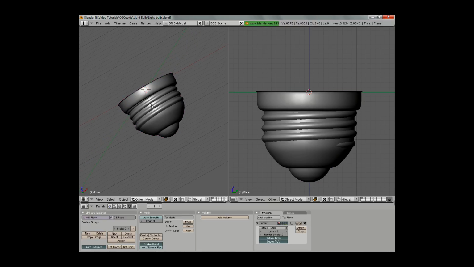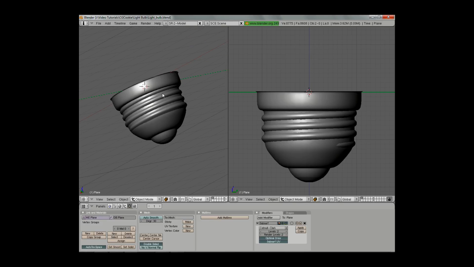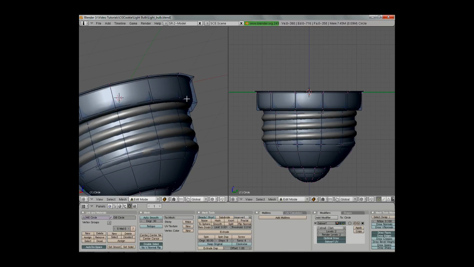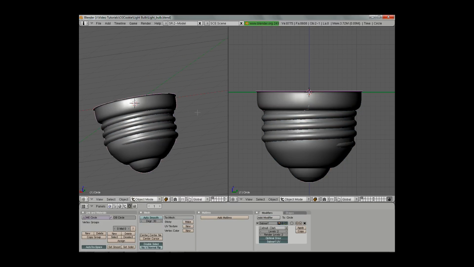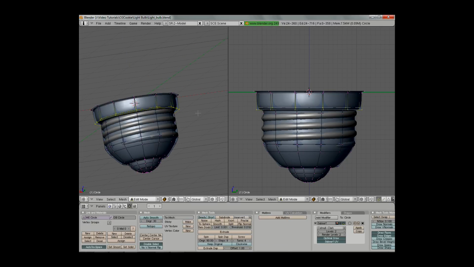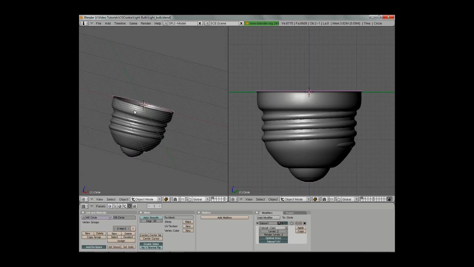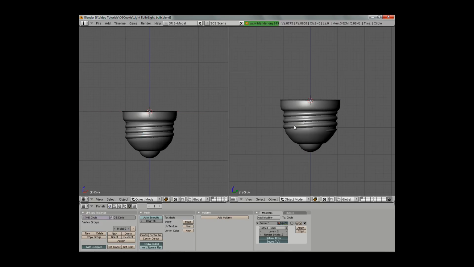Okay, so that's the threaded portion of our screw, and obviously, you know, that we could get that a little more accurate, maybe it's a little sharper or more threads. It's kind of up to you and what you want to do. We'll maybe soften this up a little bit. Just kind of take it up just slightly. Take that down a little, just kind of make that a little more gradual. Okay, so we're going to leave that as is, and now move on to the bulb before we